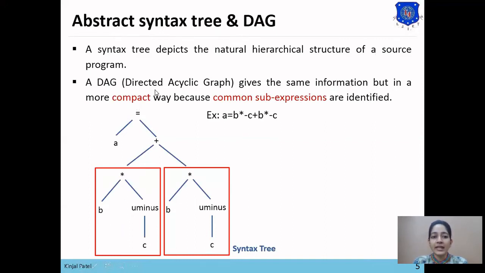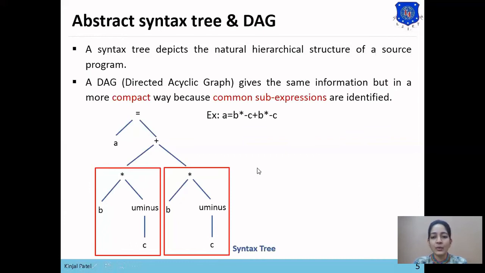So in a DAG, the sub-expressions are identified. Once we have generated one sub-expression, it won't be constructed again for the redundant expression. Meaning if we have constructed the syntax tree for the first expression, then we won't construct it again. We'll directly link the next operator with the same sub-expression.